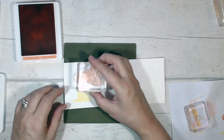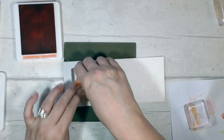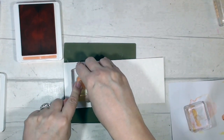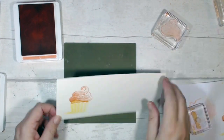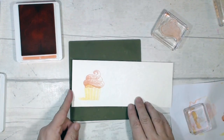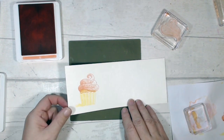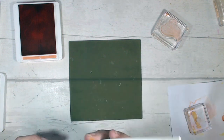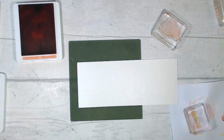So inking that one up with lots of light tapping, lining it up and giving the ink a few seconds to transfer. I've got my squishy mat underneath, my favourite little silicone mat, and as you can see I've kind of gone over there, but it doesn't matter, nobody's going to notice. Maybe it could have been a little bit further over to the side, and I think I'm going to do this again because I am a perfectionist. Okay,